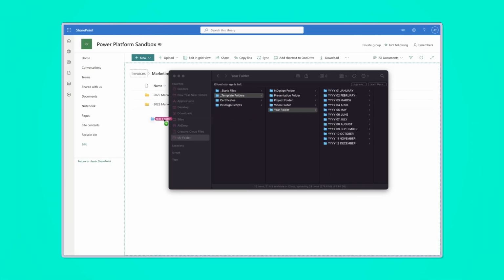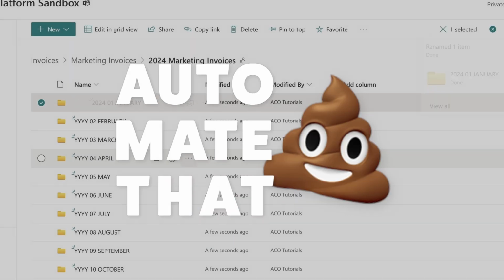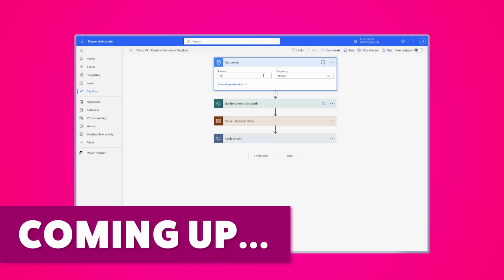It's a brand new year. I hope you aren't starting off this year by creating your folders like this. Automate that. In this Microsoft Power Automate tutorial, I'm going to show you how to create an automated cloud flow